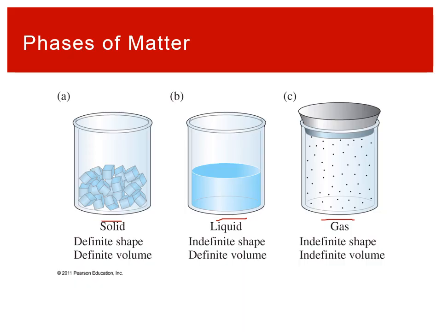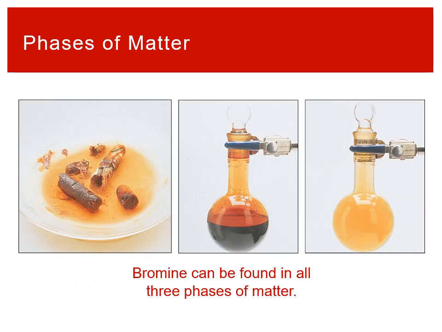And so these sorts of classifications of properties, by defining what a solid, a liquid, and a gas is, allow us to make predictions and understand the properties of something just by knowing it's a solid. So we want to continue with this and look at other ways that we can classify matter beyond that. And so these ideas of phases of matter, we know really can apply to anything.